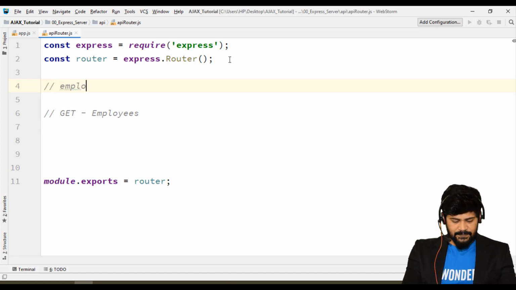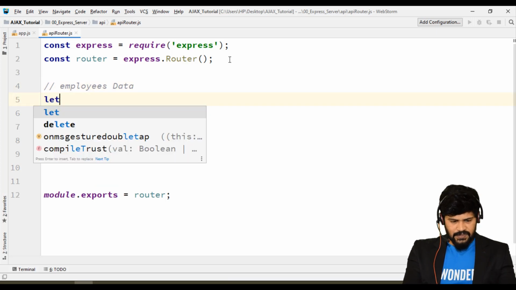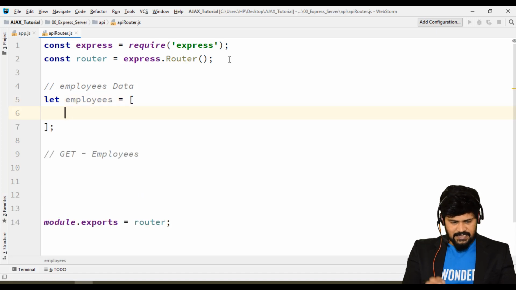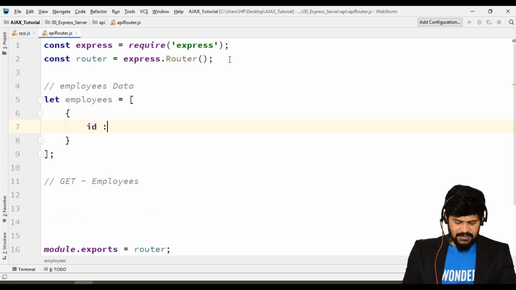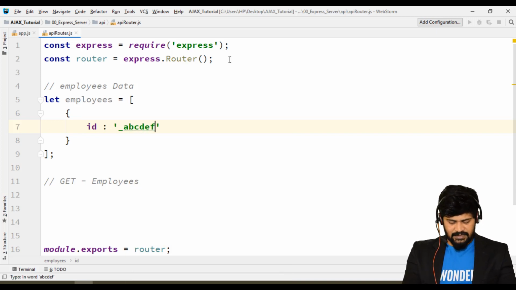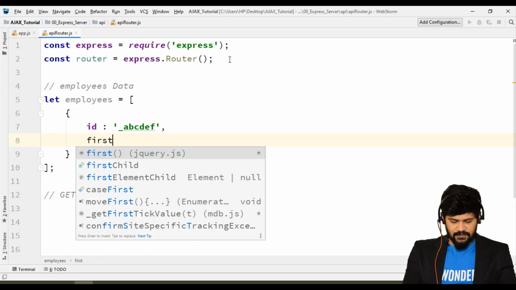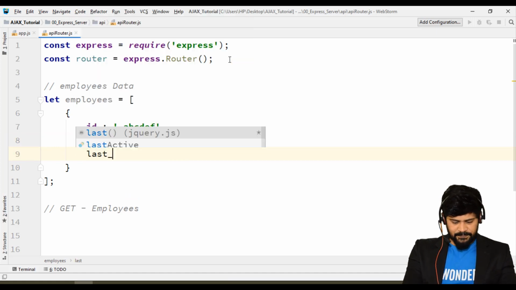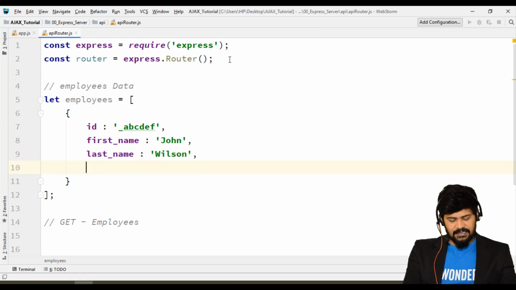So what I do is employees data. Let me construct some basic array of employees. I have an array. First object: ID, some ID like abcdef, comma, first_name, something called John. Last name, Wilson.